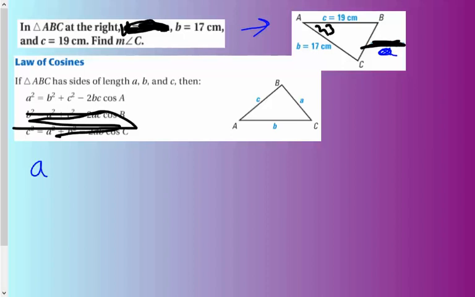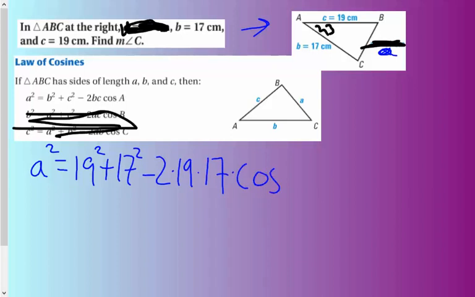Little a squared equals, and again, b and c are interchangeable, 19 squared plus 17 squared minus 2 times 19 times 17 times the cosine of 23 degrees. So it's basically plugging in a bunch of numbers into your calculator and then square rooting it. I'm going to grab a calculator here, and I can just type this right into my calculator. 19 squared plus 17 squared minus 2 times 19 times 17 times cosine of 23, and that gives me